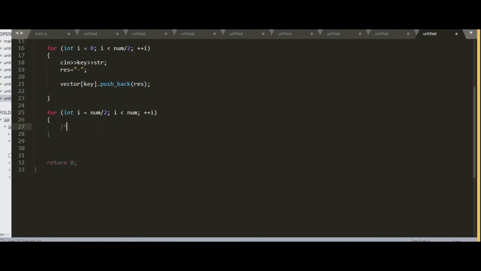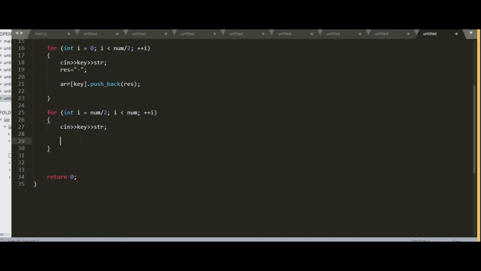Again we are taking two inputs, that is key and string. In this case however, we would be directly inserting. Okay, I wrote vector here, but this should be array, because I have taken the array. Sorry, not dot, array key and vector push back.